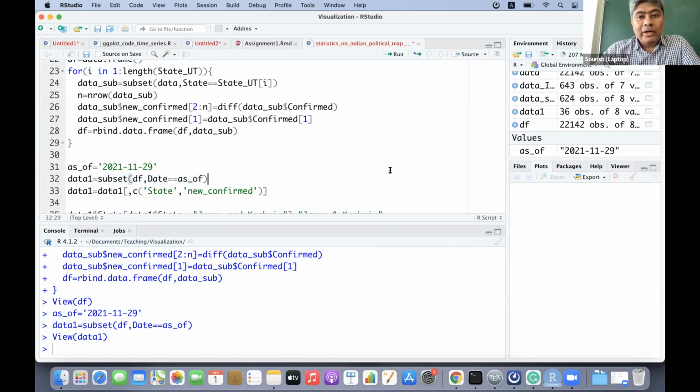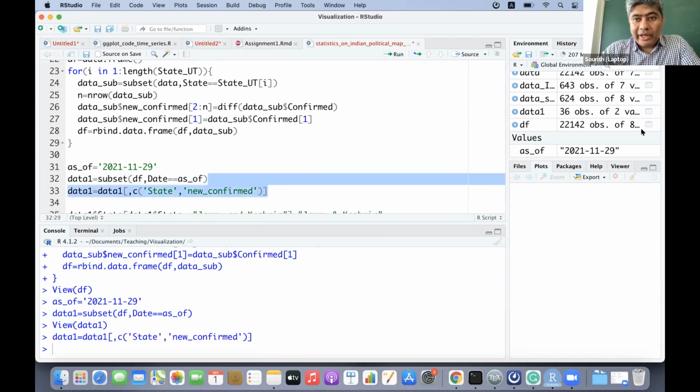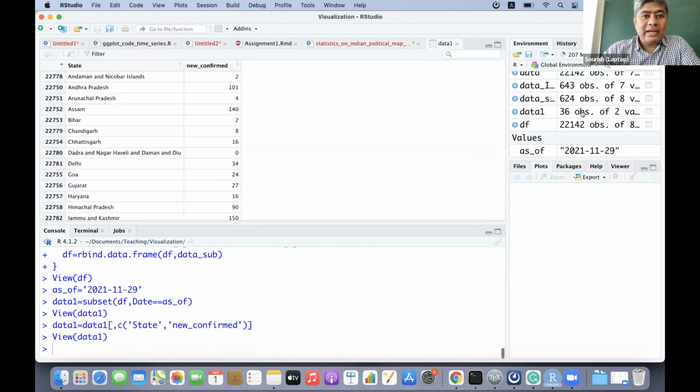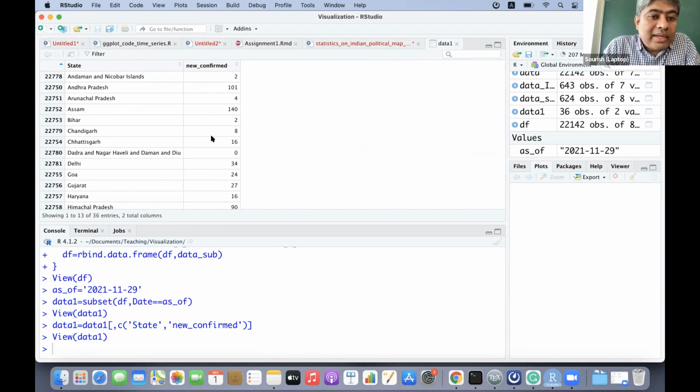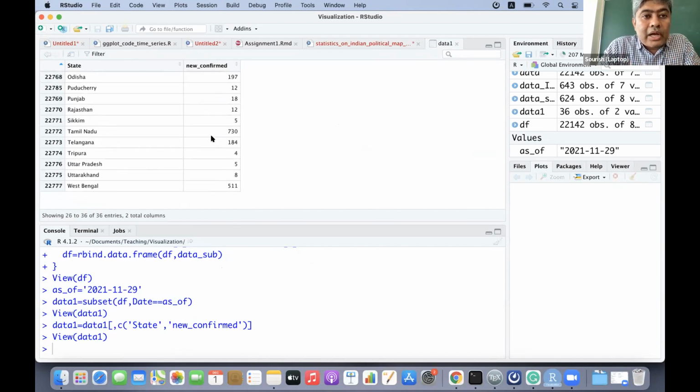Now, to keep our life a little simple, I just keep the state name and the new confirmed cases. So on 29th November 2021, each state has observed these many cases, and we want to plot these numbers on the Indian map.